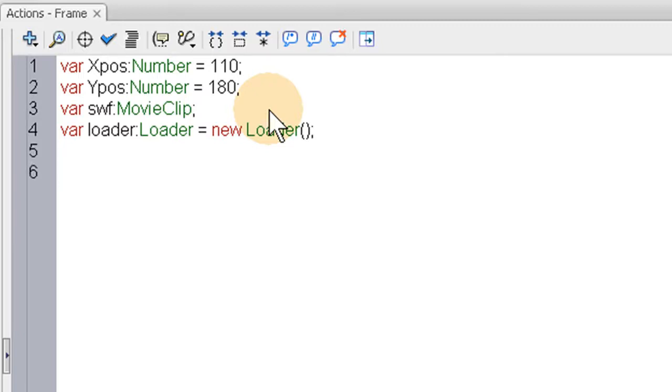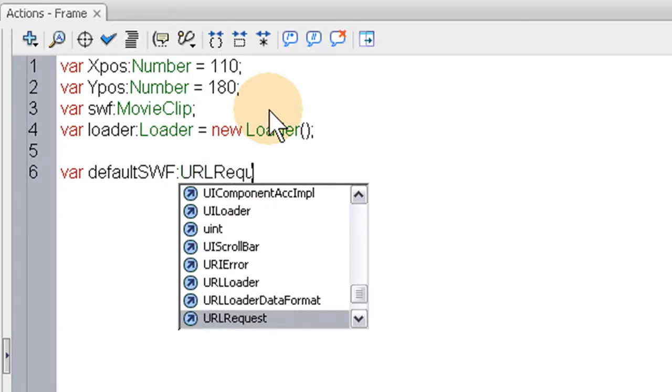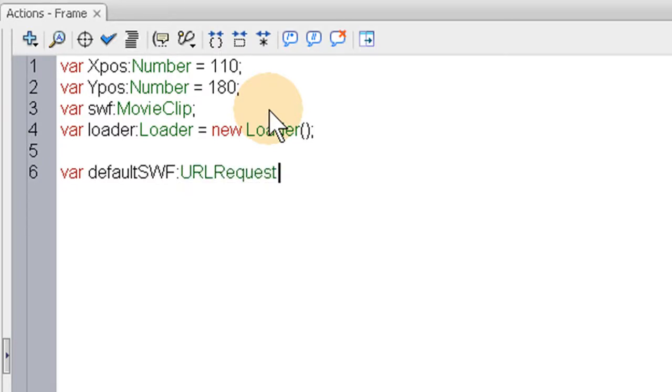Now we're going to load in the default SWF, so we're going to have to declare the variable name for the URL request for that SWF. It's very simple to do. You just go var, give it any name you want. I'm going to name it defaultSWF colon URLRequest